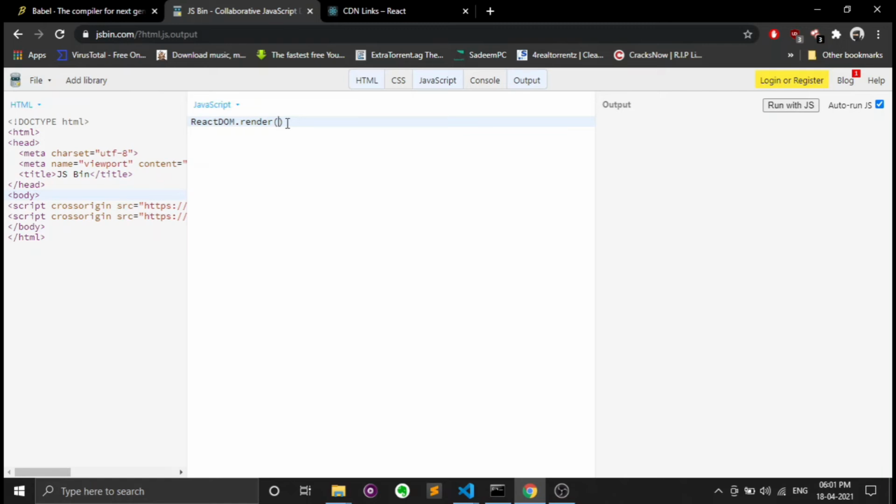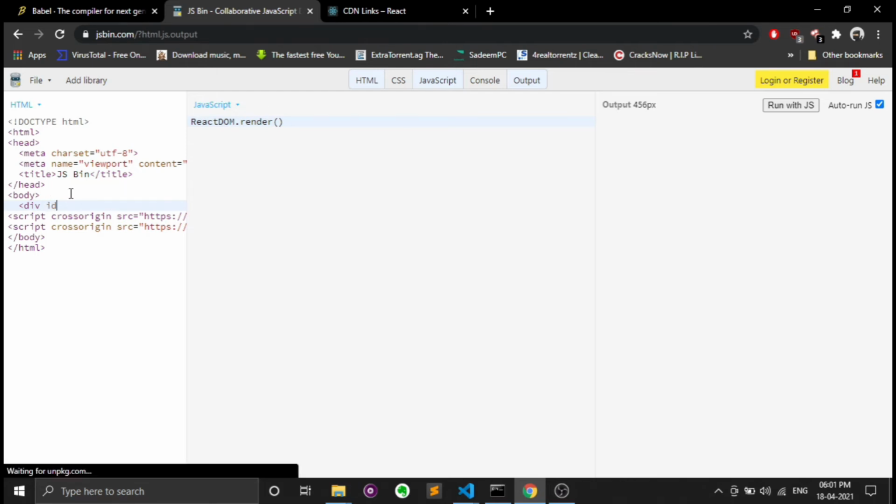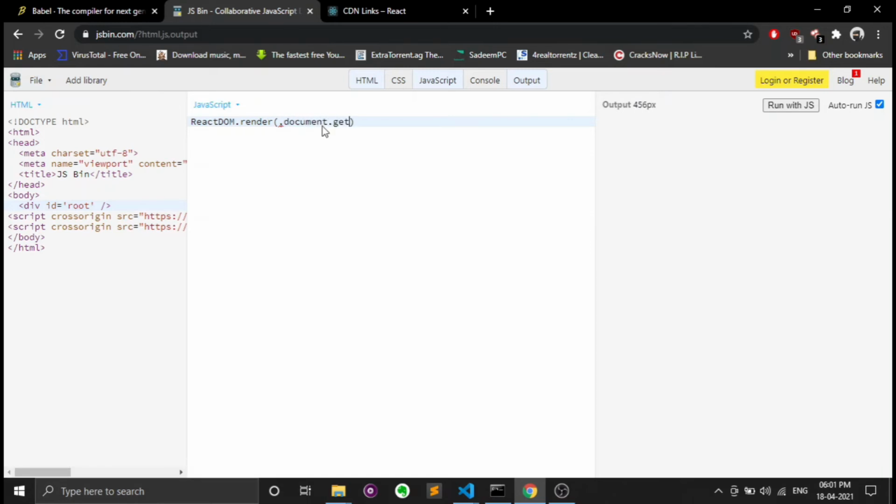For that we can create a div tag containing an ID of root. So in the second argument we write document.getElementById, that is root.